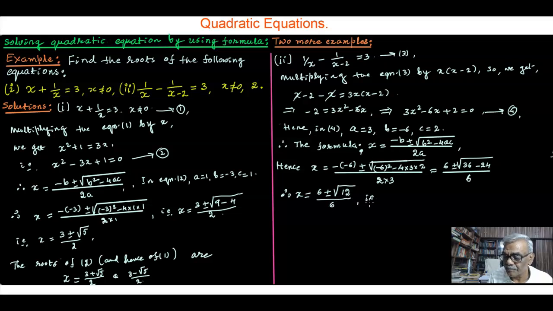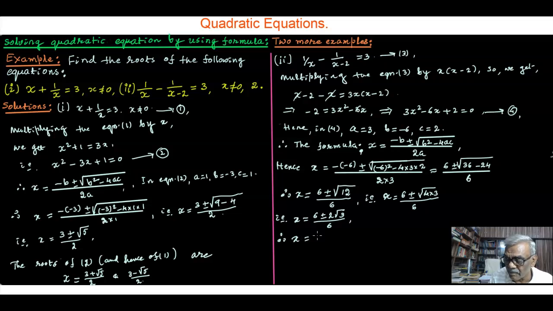That is x is equal to 6 plus or minus root of 4 into 3, divided by 6. That is x is equal to 6 plus or minus 2 root 3 by 6,